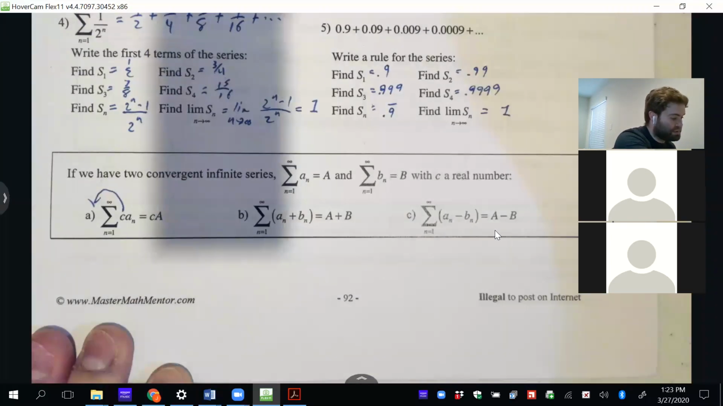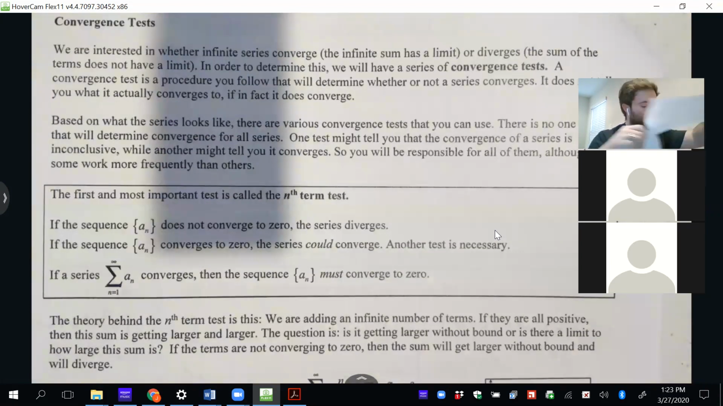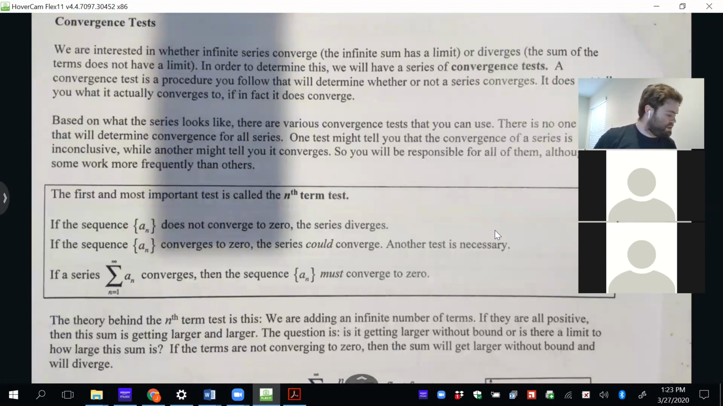Okay, on the next page. So the first test we're going to talk about, which you may or may not have gotten to yet in Khan Academy, is the Nth Term Test. But actually, before we do that test, one thing I want to discuss first is that anytime we do any of these tests,